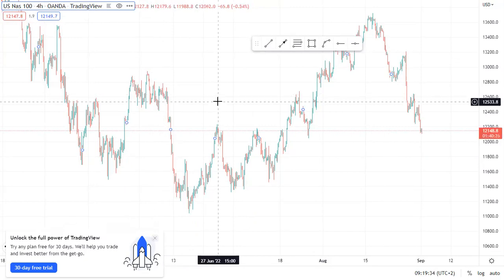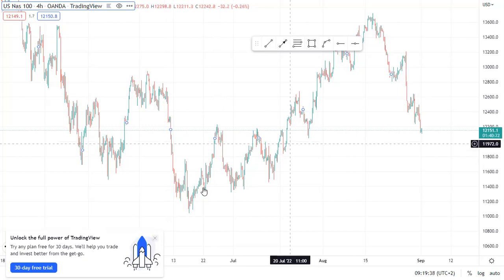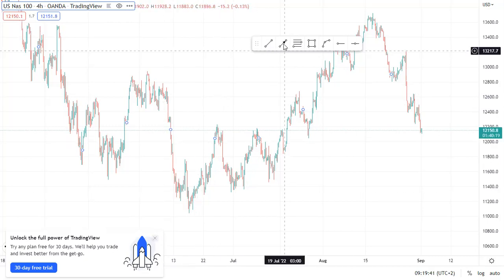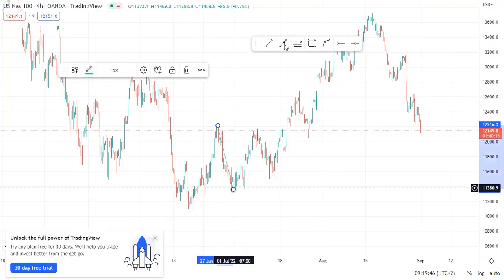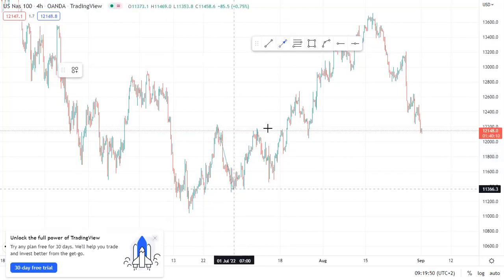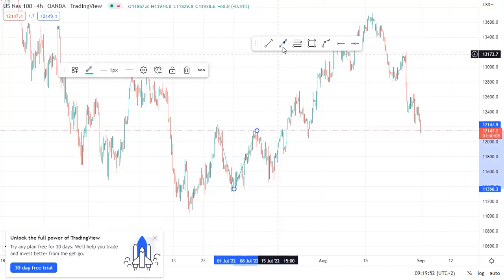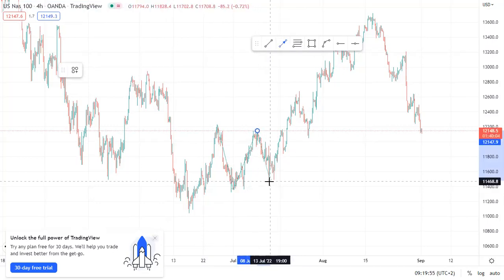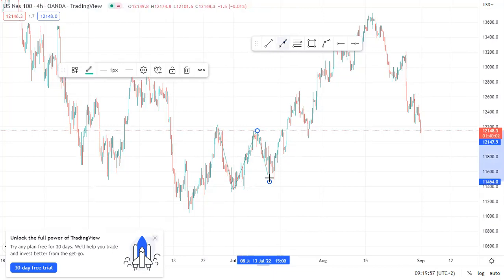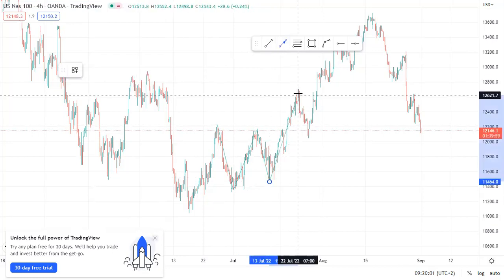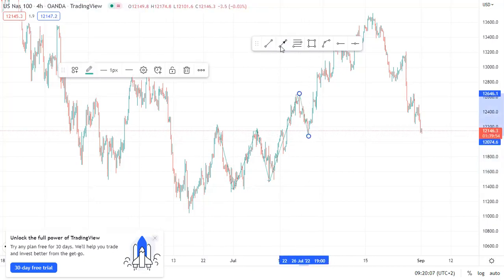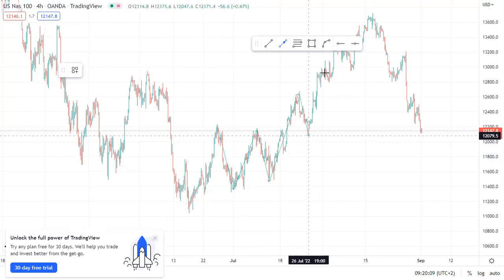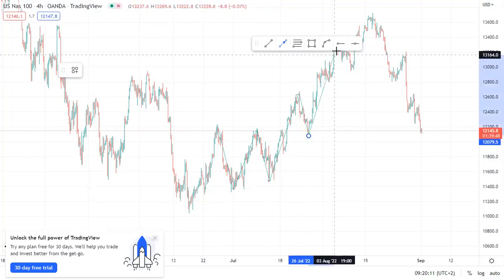So let's talk about market structure. Market structure basically is, like I was saying, let me just do it like this. This might be an easier way for you guys. So I'm going to quickly show you guys. So if you can see clearly how we can see that the market is moving in an uptrend is that,